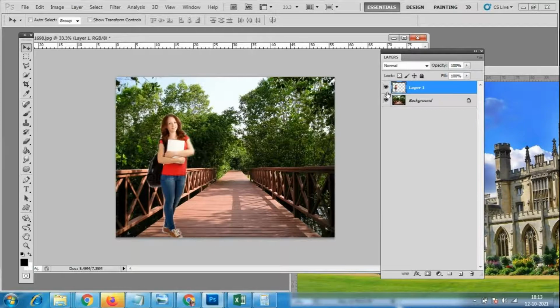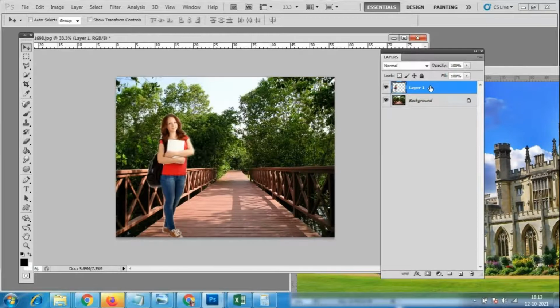If you don't want this image because it is not proper, or you want to place somebody else here, you can hide it, no problem. Any bride, anybody you want to place, you can place it over here. You can hide it, otherwise you can delete this file also, but hiding is a better option.